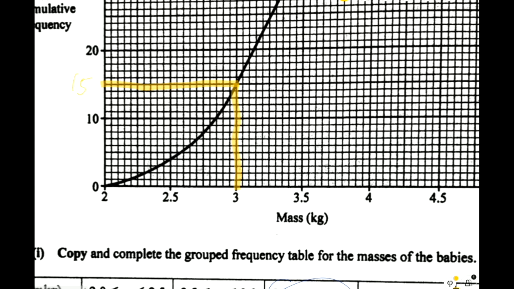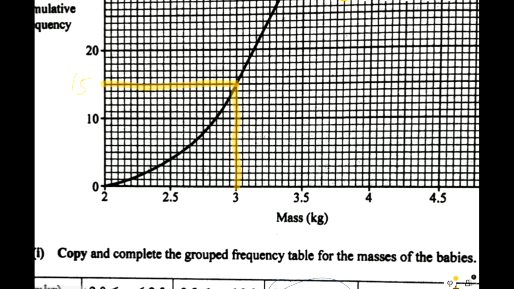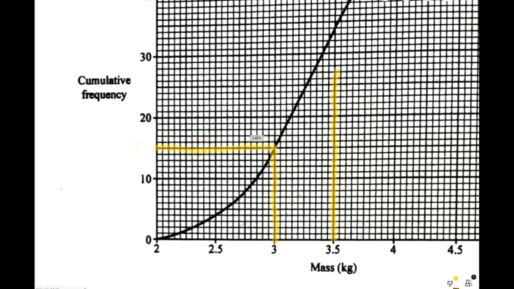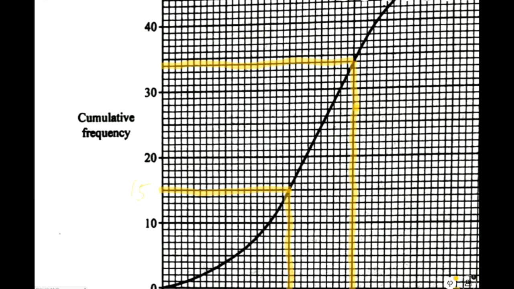So this 15. Now how about the other, 3.5? Okay, so what number is that? 34. 34, yeah. So 34 minus